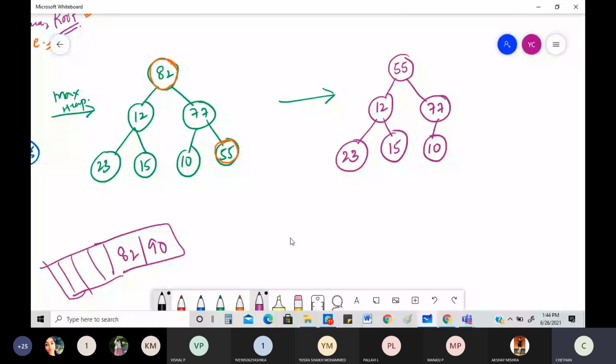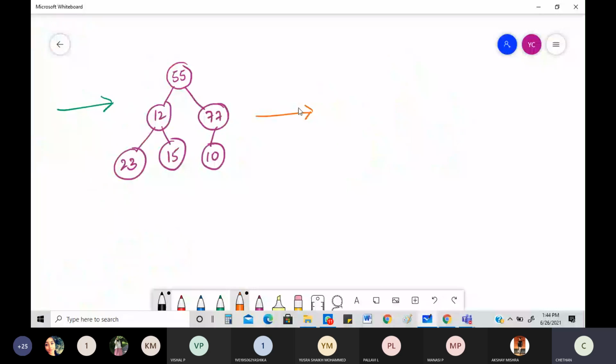Okay. This is all done. This is fully done. But again, now you see, what do you need to do? Again, you need to do what is known as creating a max heap here. Now, this is not a max heap. As you can very clearly see, this is not a max heap. So we need to again go and write a max heap for it.